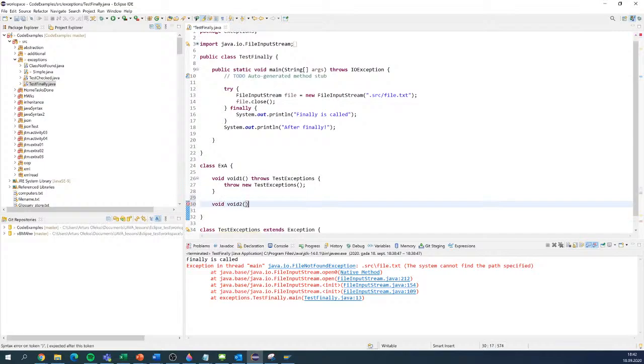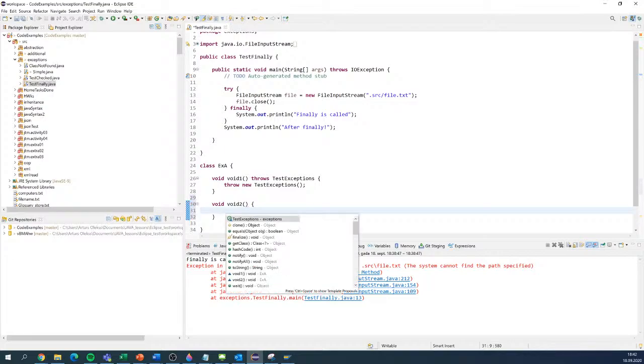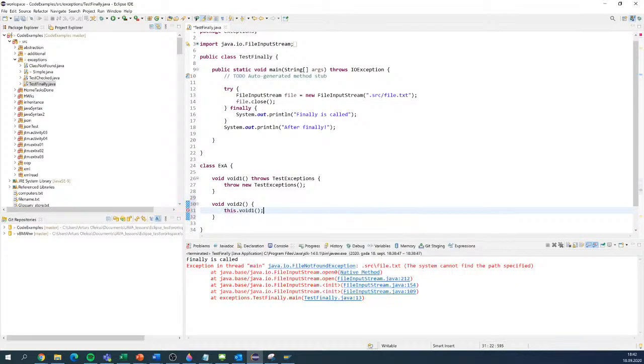If you call another method and you want to call the method where the exception is called, you will see that this must be handled as well. So it goes from bottom to top, and at one place you will need to handle this exception again. So if we put it here,